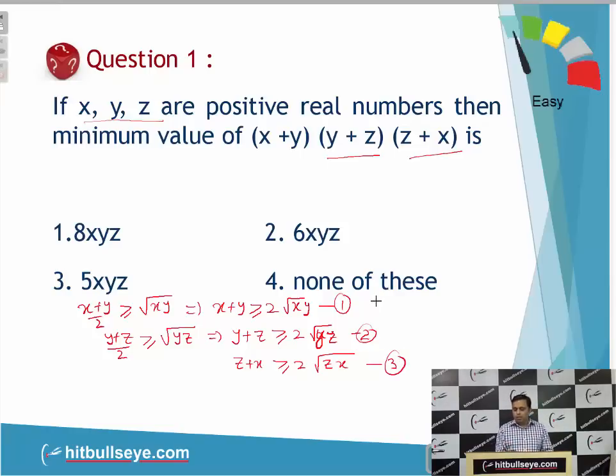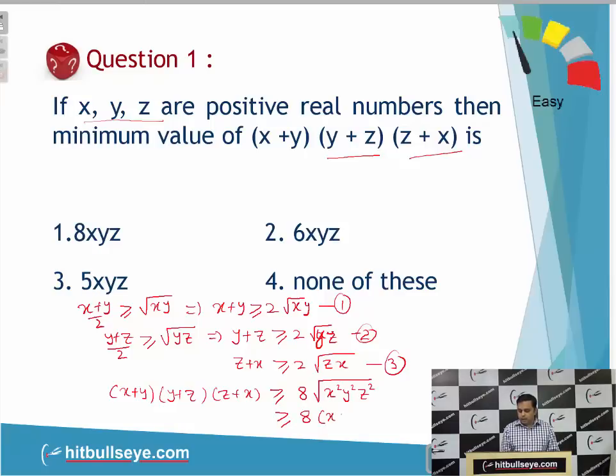Now if I multiply all these three inequalities, what I will get is (x plus y) into (y plus z) into (z plus x) greater than or equal to 8 times √(x² y² z²), or this is greater than or equal to 8 times x into y into z. That means the minimum value for (x plus y)(y plus z)(z plus x) is 8 times xyz. So this was our first question